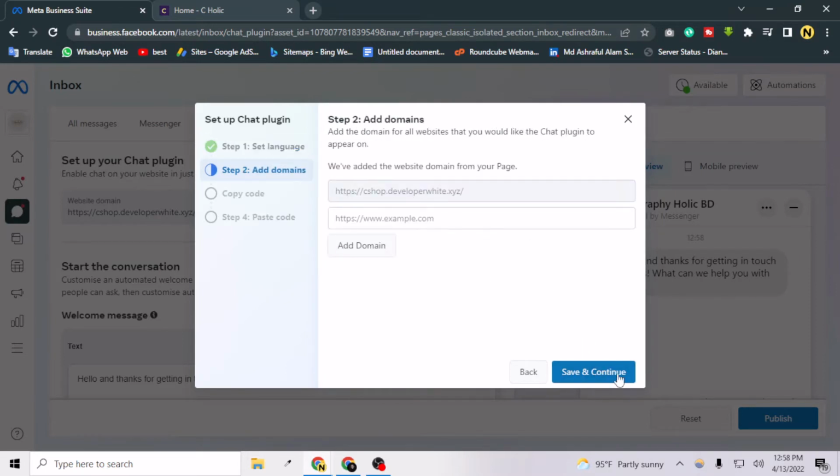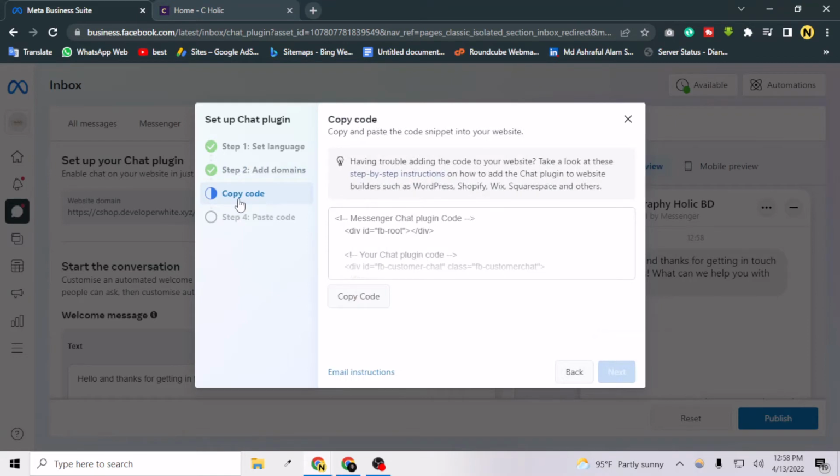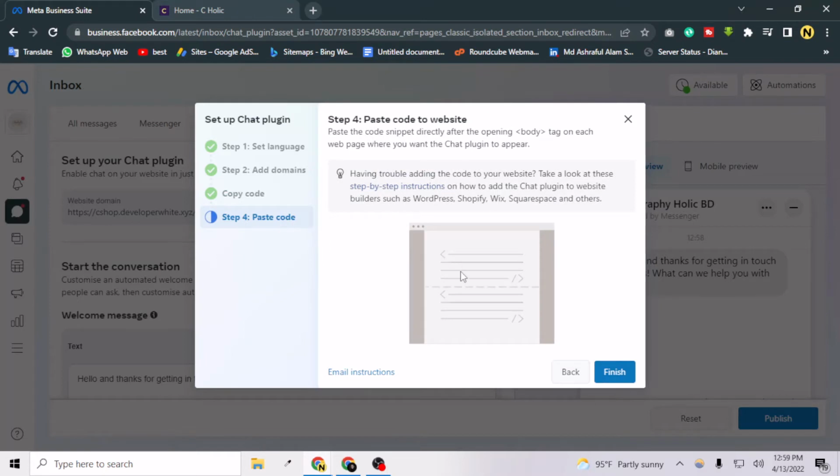And this is the domain already added, and this is the code I have. I just have to copy it, and next I have to just paste the code. Paste the code snippet directly after the opening body tag on each web page where you want the chat plugin to appear. So I want this chat plugin to appear on my